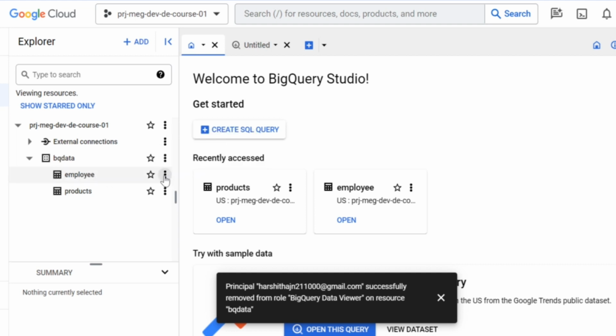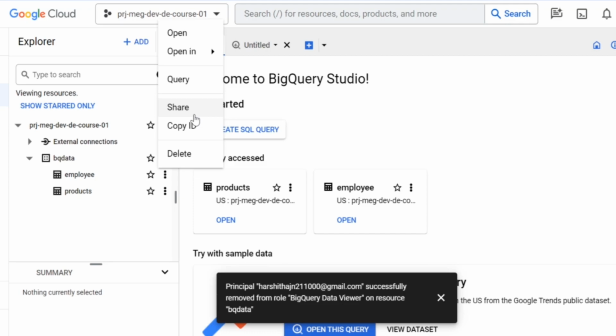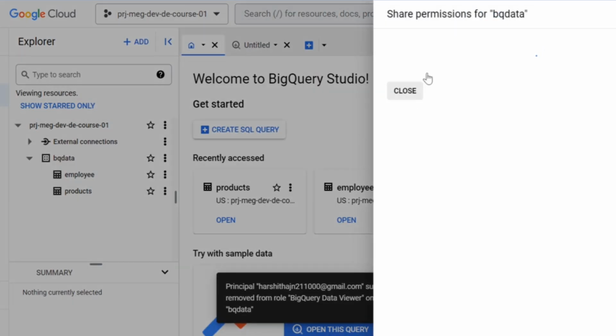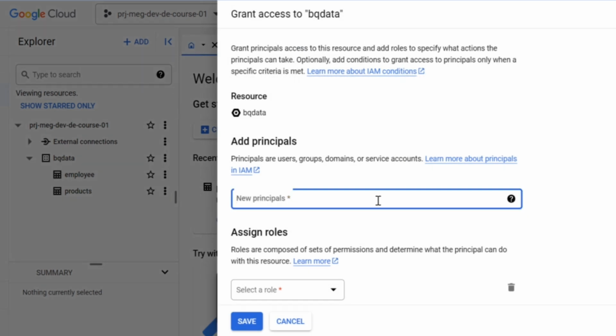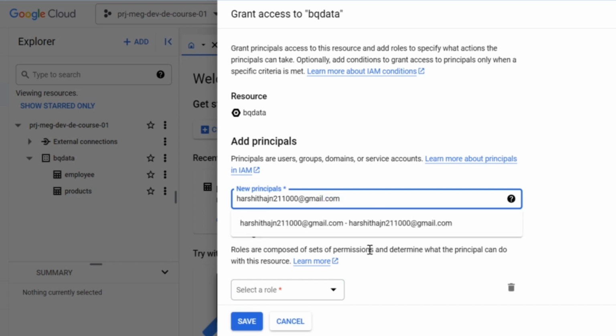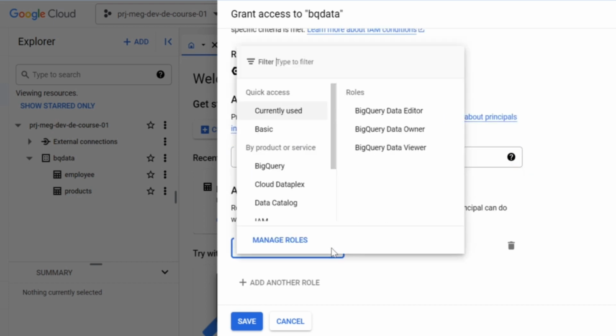As usual, go to the three dots and share, then add principal, again new principal name. I'm adding the ID here. After adding the ID, I'm selecting the role, BigQuery data viewer. So if I save this,